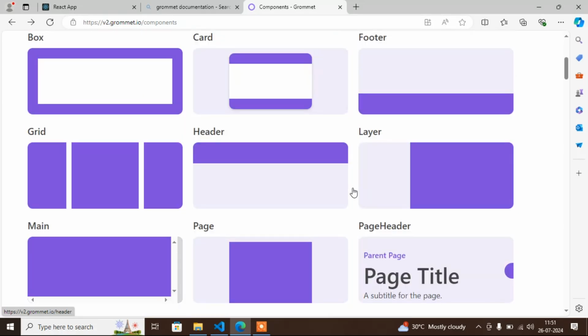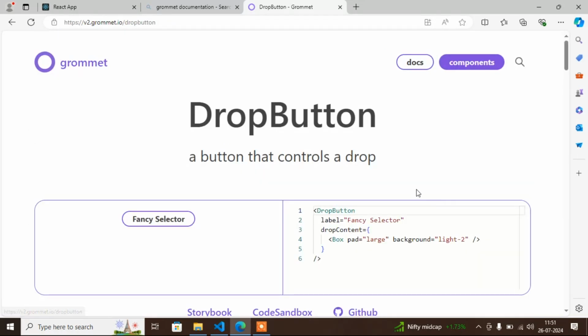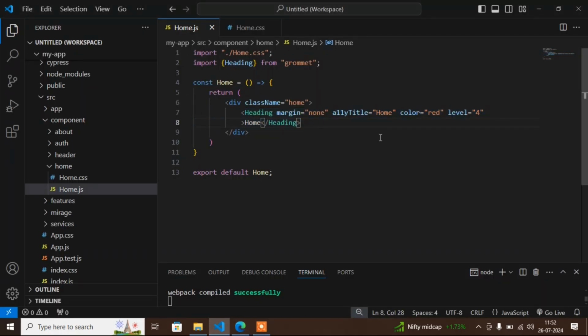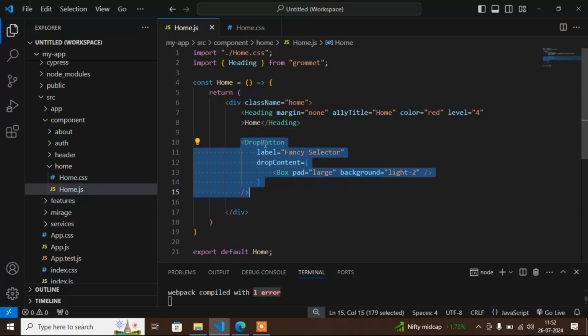So now here, if you want any other thing, I'll choose this drop down. Just simply copy this one and paste here. I will paste it here, okay, and I'll right click and format this one. So now let's see. First of all you can see I'm getting an error again. If you want to guess why I'm getting the error, you can write in the comment section and guess it. By the way, I will tell you,